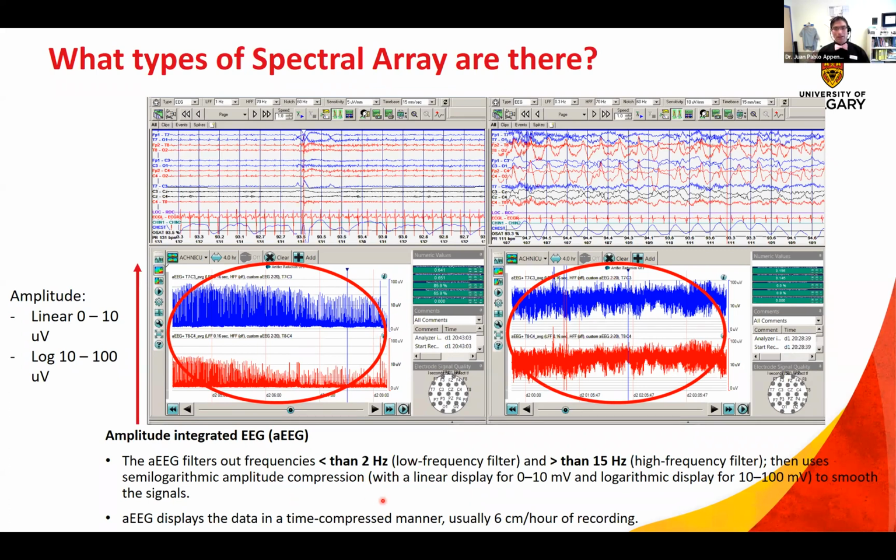So it displays the data in a compressed manner. You can see these are 4 hours of recording, not 10, 15, 20 seconds of recording. And it has a direct linear relationship between 0 and 10 microvolts amplitude, but then from 10 to 100 is